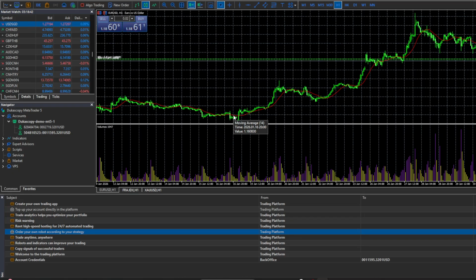If you change your mind or delete the wrong one, you can always add it back later through the Insert menu or the Navigator window in MetaTrader 5. Deleting an indicator from a chart does not uninstall it from the platform. It just removes it from that specific chart. That's all there is to it. Right-click on the indicator you want to remove, choose Delete,